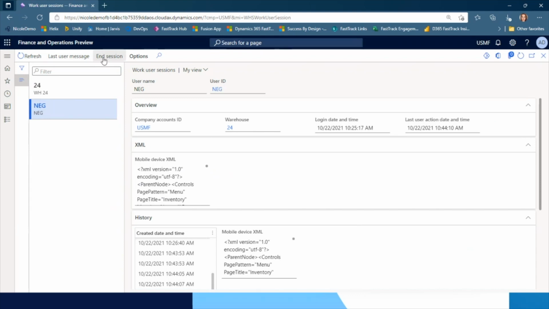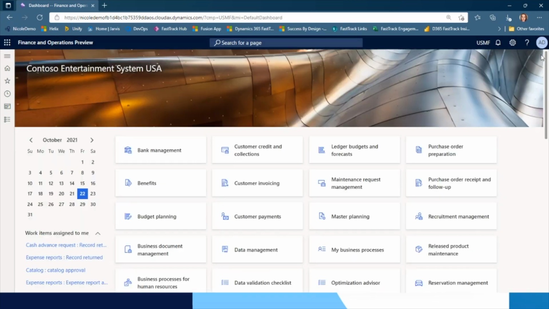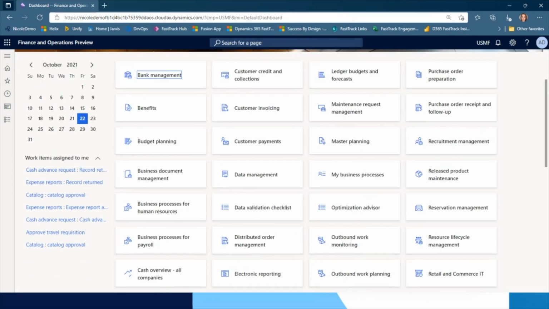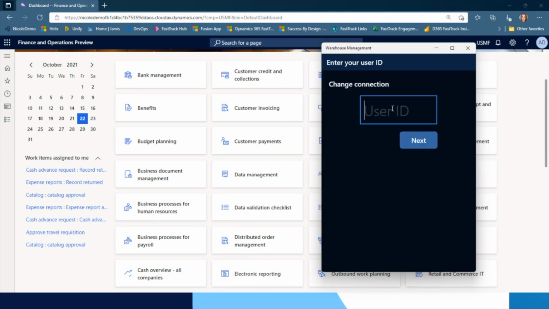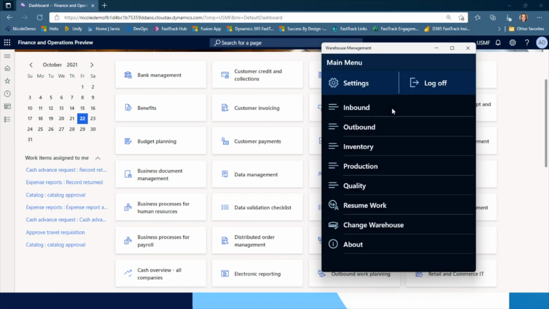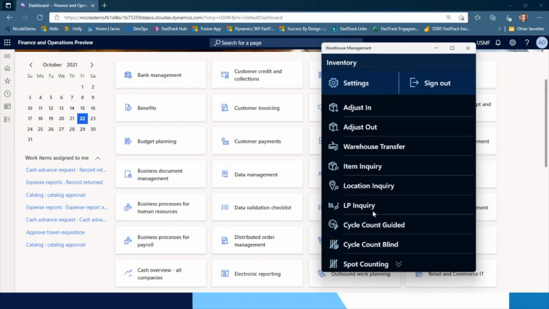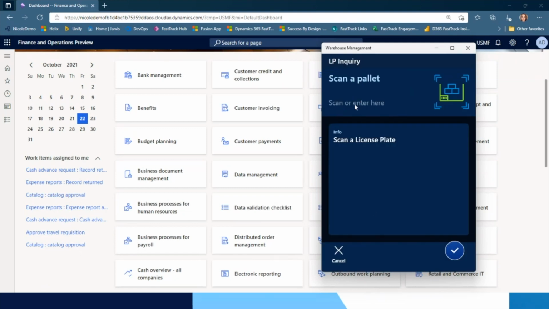So let me go ahead and end my session. That's going to kind of hard close, kick me out of my app session. And let me go back to the app. Let's see what happens. This would be my only thought. So if I click on something here, it should kind of kick me out. Okay, so I have to re-log in. Let's access that same menu item for the pop-up that I dismissed. Okay, it did not. That would be something I would have to look into further. I don't think that the parameter value is logged in the UI anywhere, but we can certainly look into that. Yeah, we'll follow up on that.